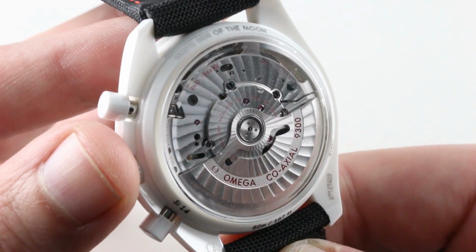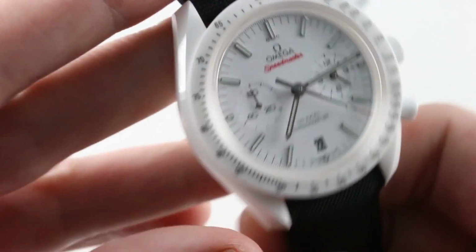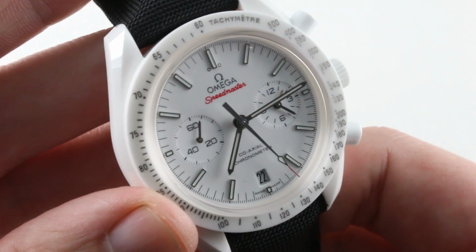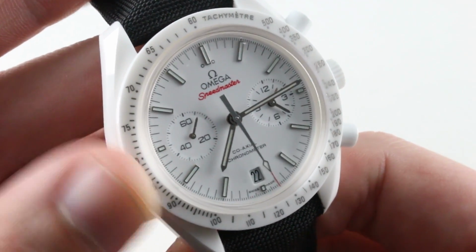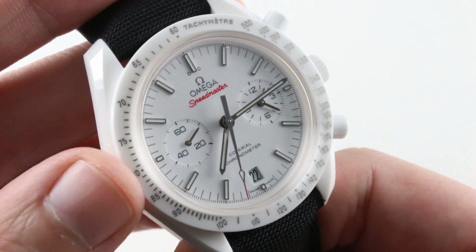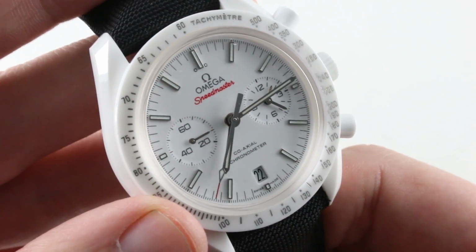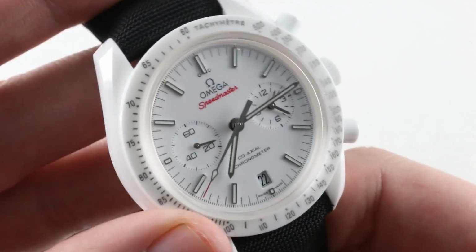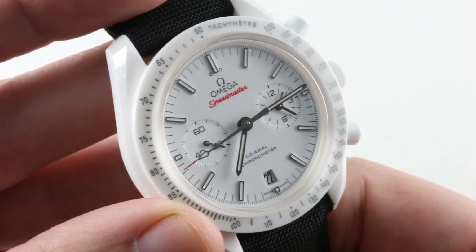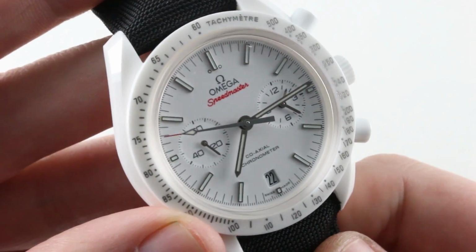There's a lot going on inside this watch, all of it water resistant to 50 meters. A timepiece that's a little bit difficult to reason. It's an irrational choice. It's an emotional choice. It's the craziest of the Speedmasters, without a doubt, and it's the black sheep of the dark side of the moon family, if I can use that descriptor for a watch that is bone white. This bleached Omega Speedmaster Moonwatch in white ceramic, one of the most sensational combinations of strap and case you'll ever